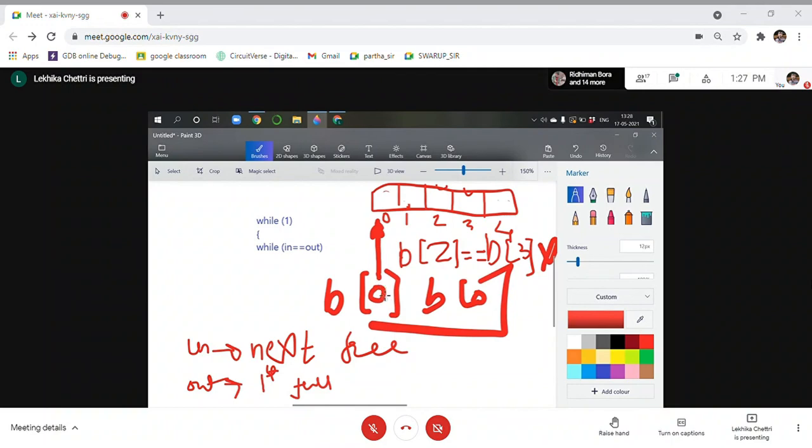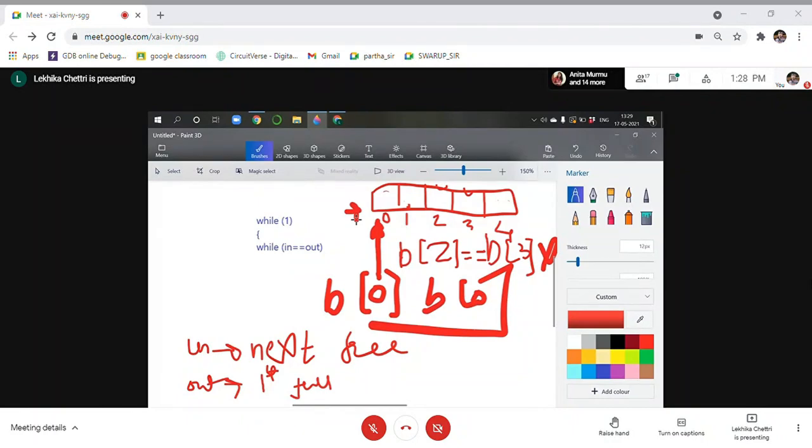So you go to the only location where there are chances there is food, which is the next free. You open the fridge, you check in here, but there is nothing. So if first full equals next free, that means your buffer is empty.